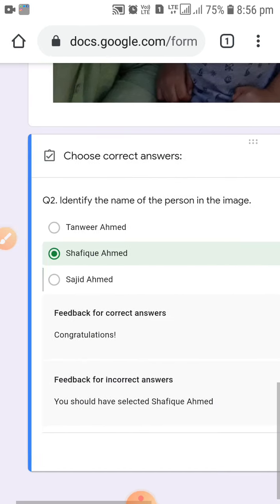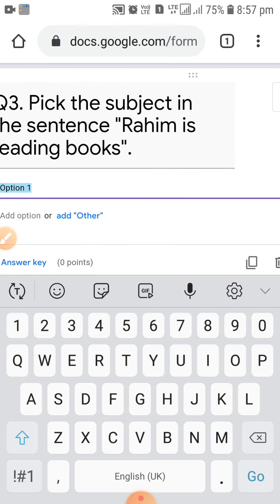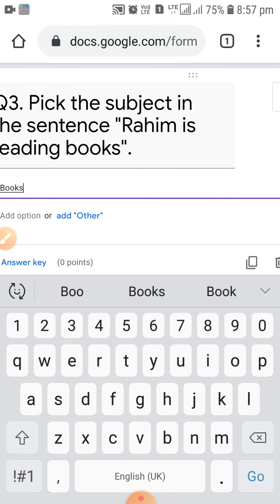That is a sentence. And you are asking them, pick the subject in the sentence. Option 1 you are saying books. Suppose option 2 you are writing Rahim, and option 3 you are writing is reading books.